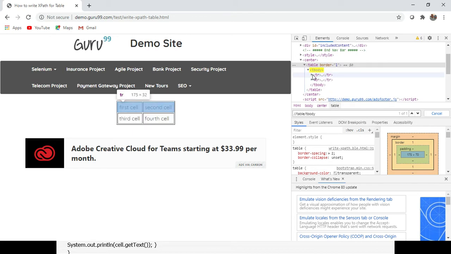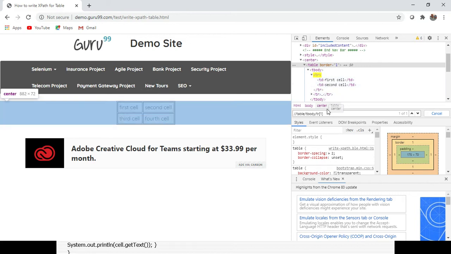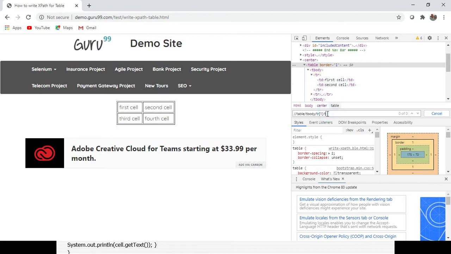So if you want to select the first row data, you have to give tr[1], slash tr[1]. So it will be fast. You can see the first row is getting selected, right? Now if you expand it, you can see td is coming. Slash td. And you can see two records are coming. So if you want to select the first row, that is the syntax. You can see one of one display object is getting displayed, right?